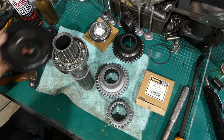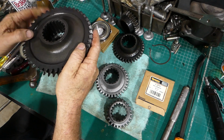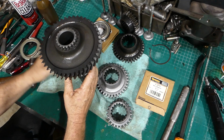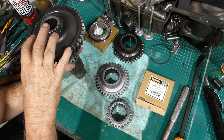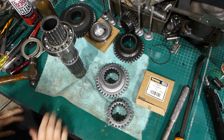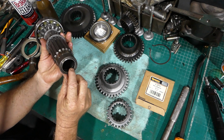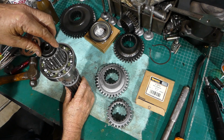Okay, so now that's on, this constant mesh gear ends up sitting on there, but we don't want to put that on yet. Get on there, I've just got to make sure it fits. Yep. So this constant mesh gear goes on now. We have a snap ring there, but we can't put the shaft back in with that in place. So we leave that out for the moment. This didn't have a snap ring on it, but it has a snap ring up there, so we don't have to worry about that. Now, this needle bearing here, if you get a 38mm disc,